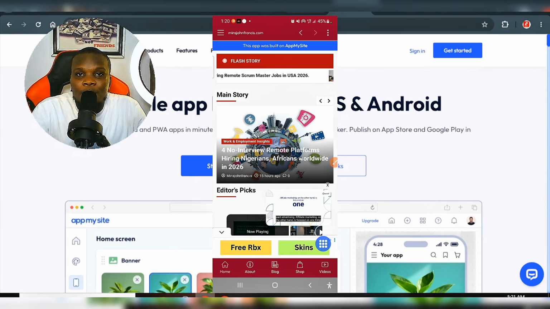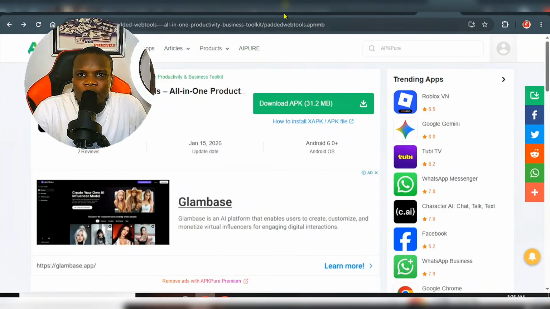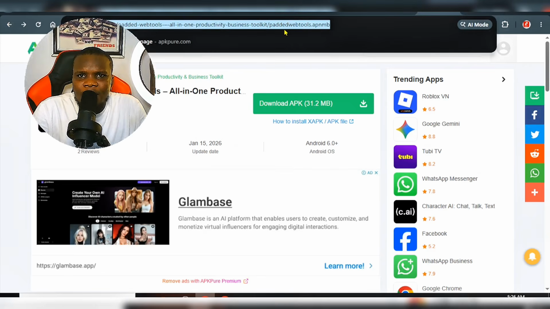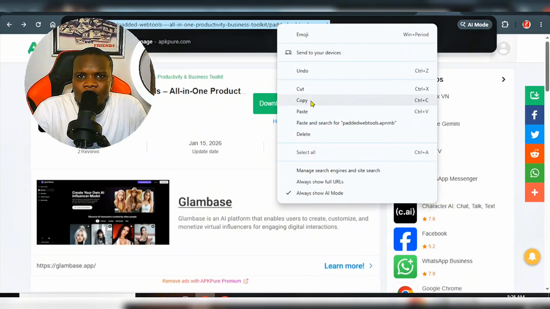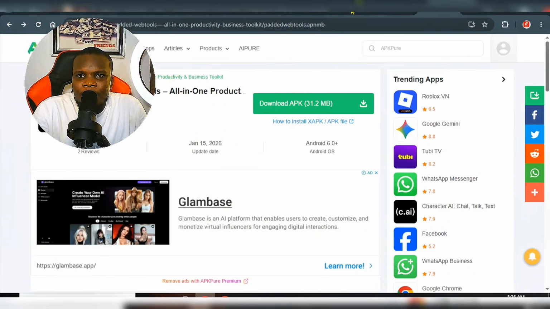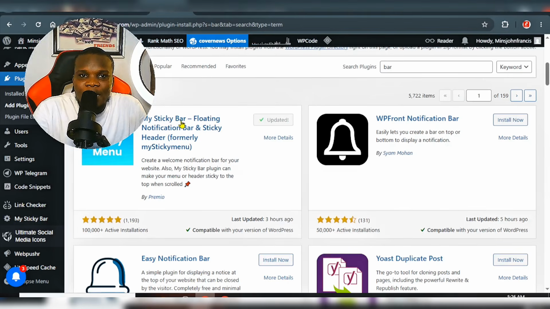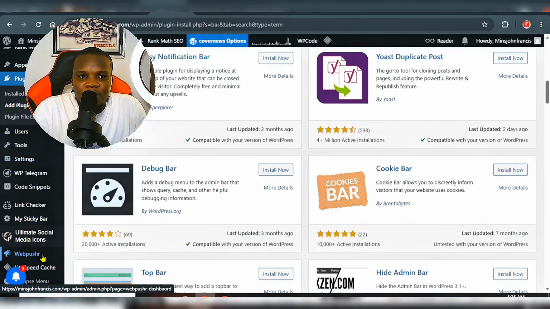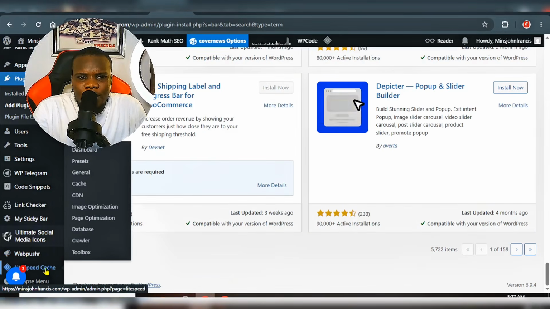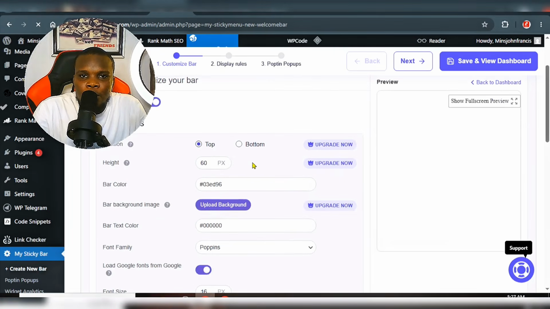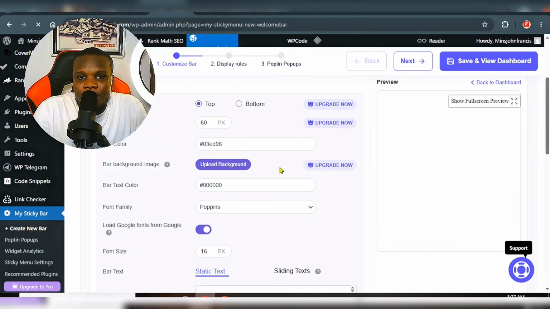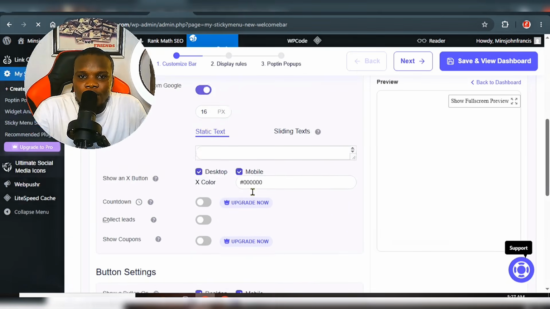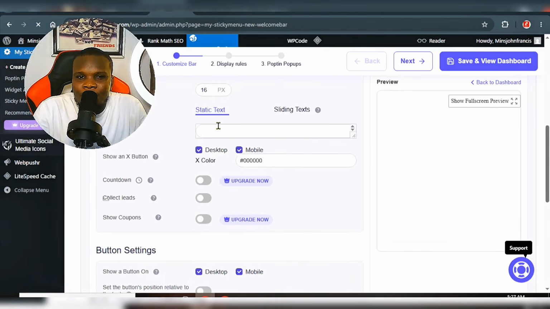Once you have your app download link, all you need to do is simply come over to this very section right here, okay? Then you have to simply click on this, copy this, okay? Then go back to your website, copy the download button of your application, go back to the website. Remember, we installed this plugin. Go to the plugin section from this very section right here. Go to my sticky bar. So we're going to simply select the top right here. And once you select that, you can actually upload the background if you like. But if you don't want that, just scroll down a little bit to this very section that says,